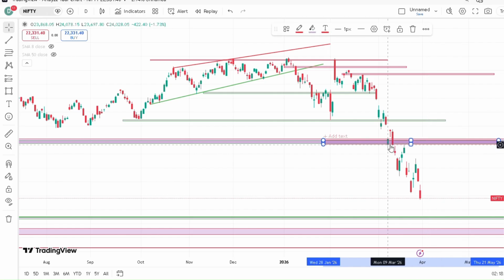Price took support from this level and moved up and broke this level again, and once again it went up, and from here it rejected and moved down again. So I was expecting that if it breaks this 23,500 level, there is a chance of going upward. So I chose this level, and on the lower side